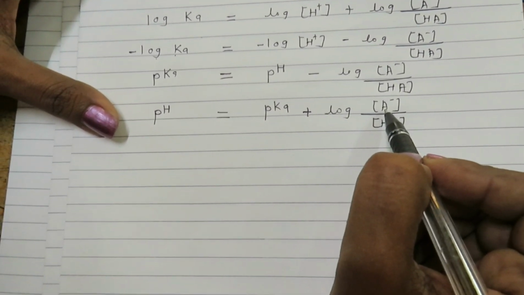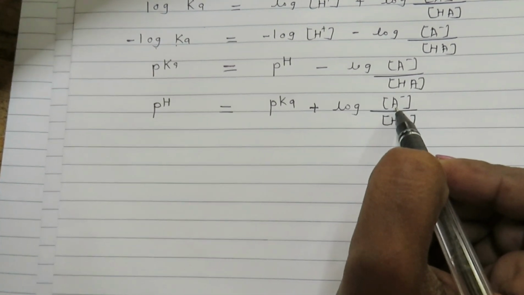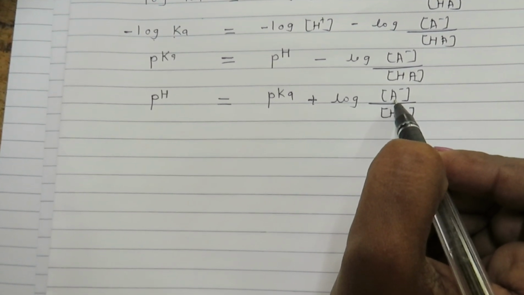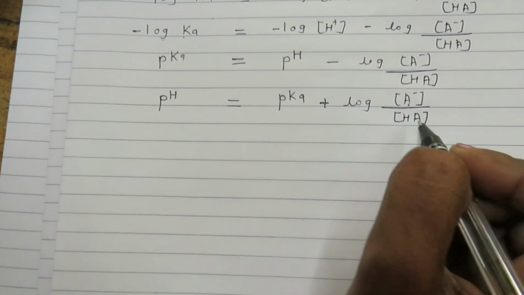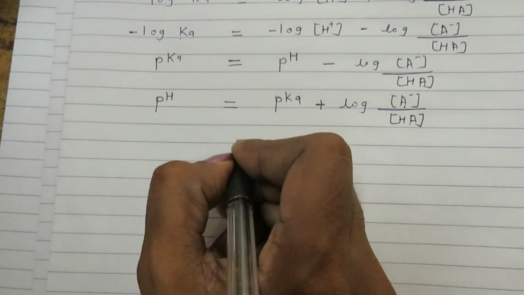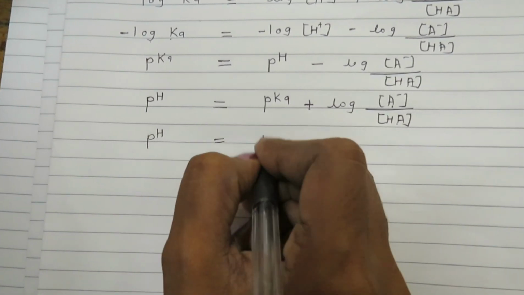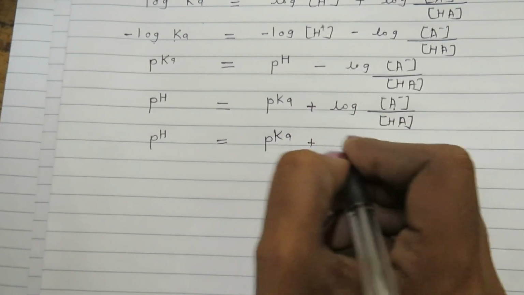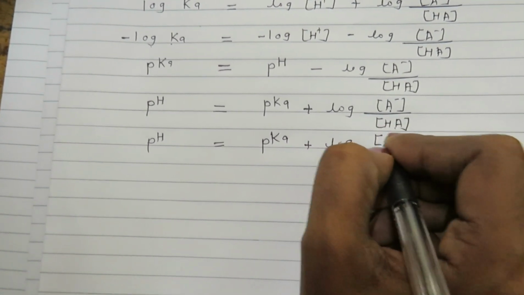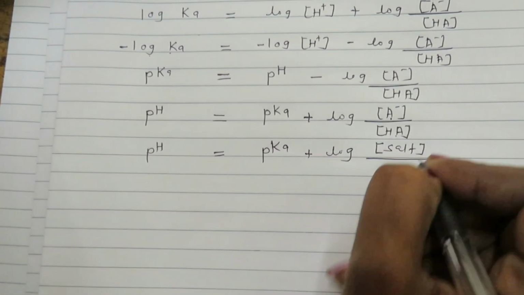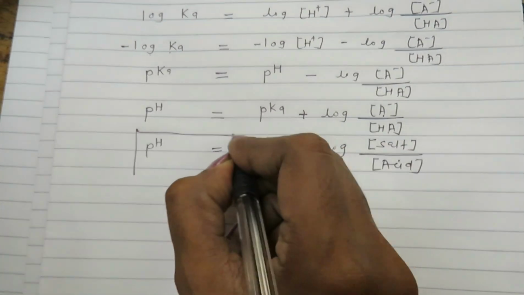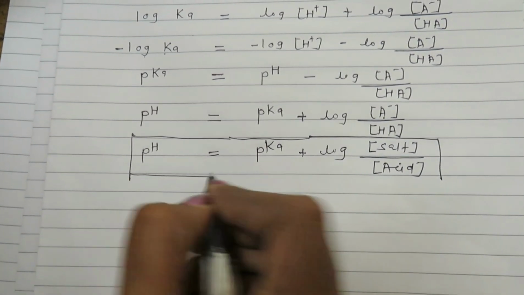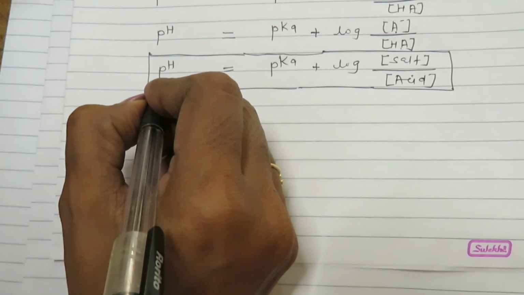So you know that concentration of A minus is concentration of original salt. So instead of writing concentration of A minus, we can write the concentration of salt, and this, you know, is the concentration of acid. So this equation now becomes pH is equal to pKa plus log of concentration of salt upon concentration of acid. So this is how you can determine the pH of acidic buffer,